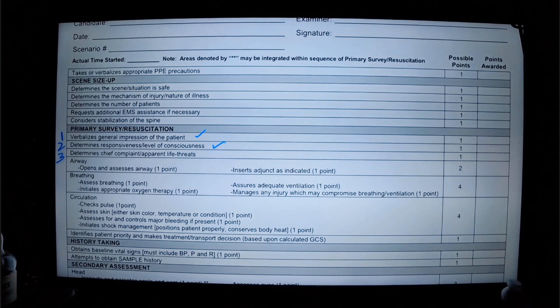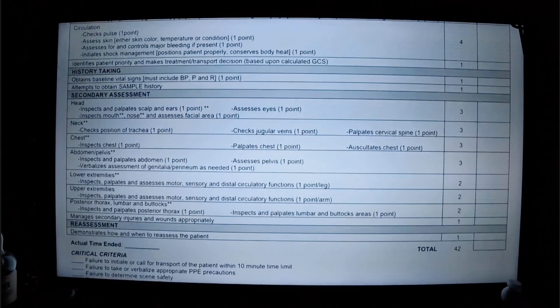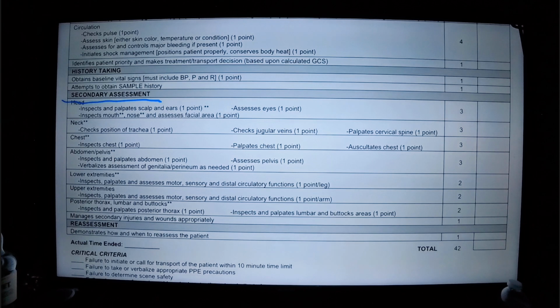So we can't get a chief complaint, so then what do we do? We look for life threats. Why are we looking for life threats? Because the patient can't tell you what is wrong, so you have to look for what could possibly cause them to be unresponsive. Duh, right? That makes sense, right? And this is a quick scan. This is where you could do a quick secondary assessment. This assessment right here takes time. The one I'm referring to over here,